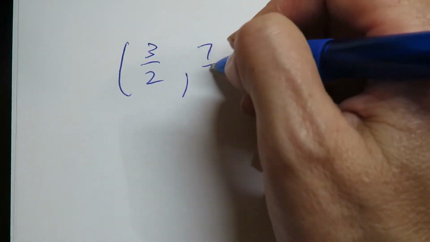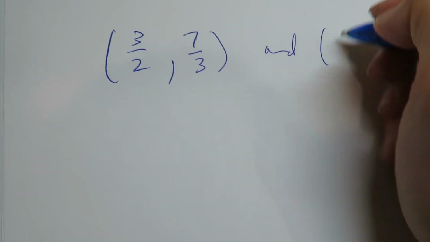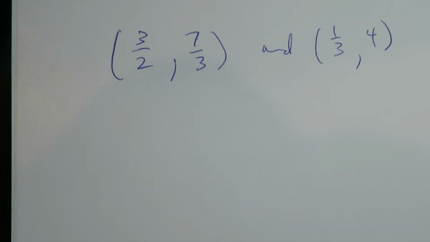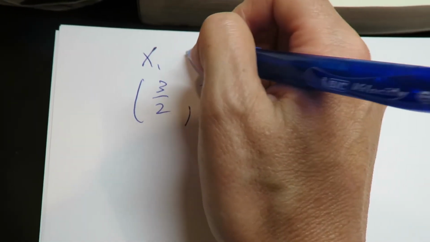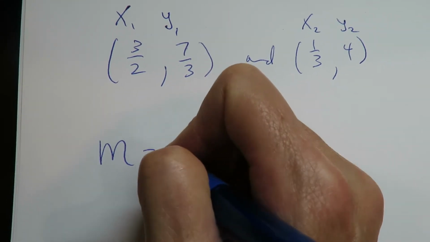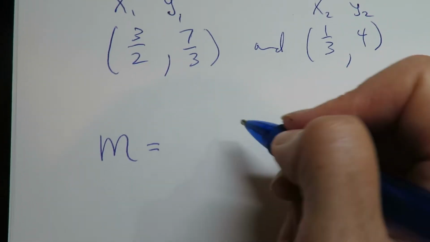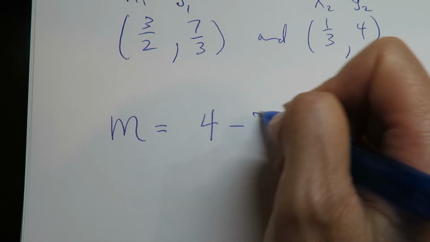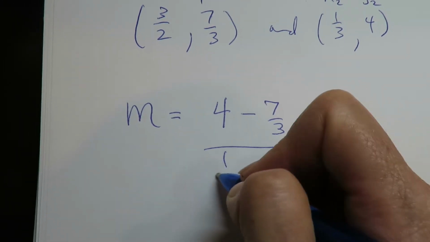Let me see if I can grab another one from here. Let's see what we've got. It'll refocus in a minute. Just give me a second to do it. 3 over 2, 7 over 3, and 1/3 and 4. Okay, let's try this again. Point 1, point 2, and we put it in the formula. Okay, so y2 minus y1 over x2